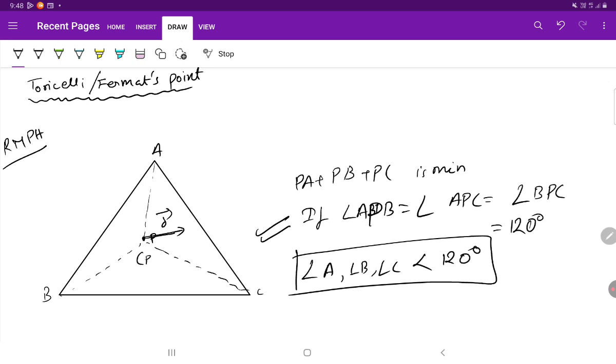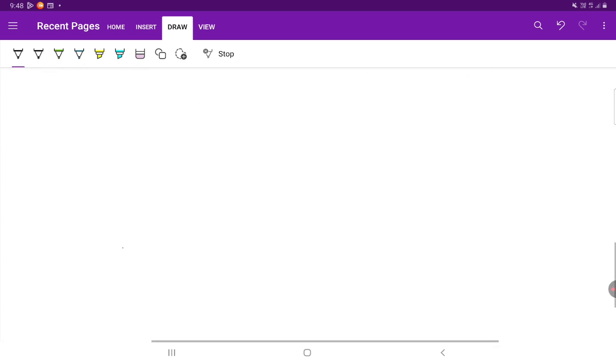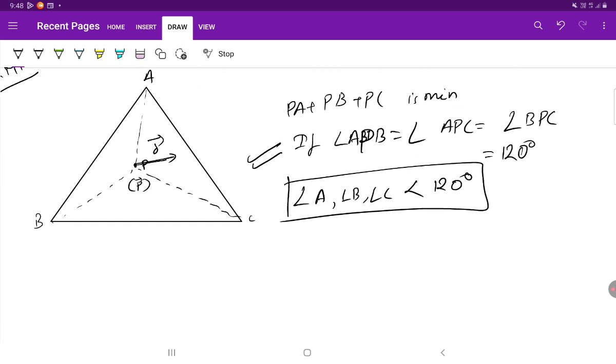Suppose point P vector corresponds to the point P where the sum is minimum. So I can say that if we move this point P by some vector delta, my new position of point P will be P vector plus delta vector. So if we consider S to be PA plus PB plus PC,